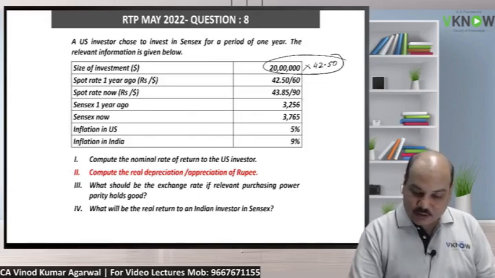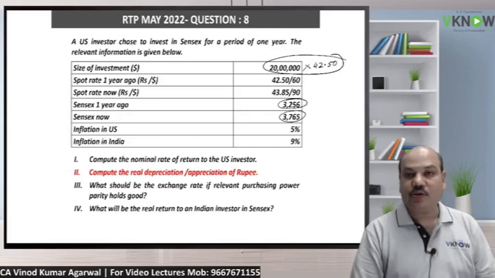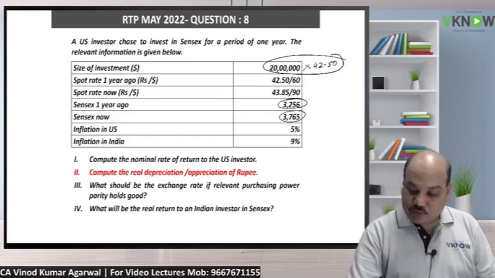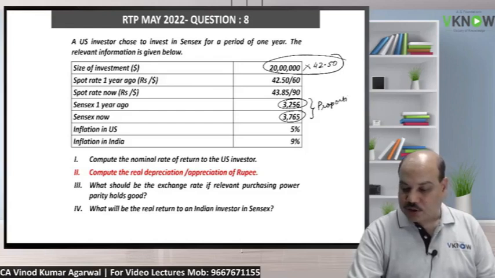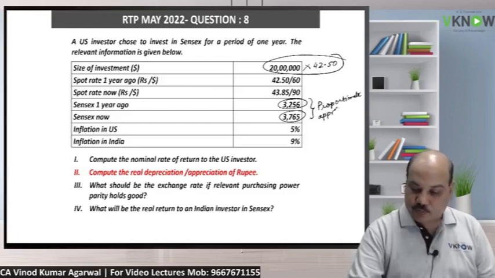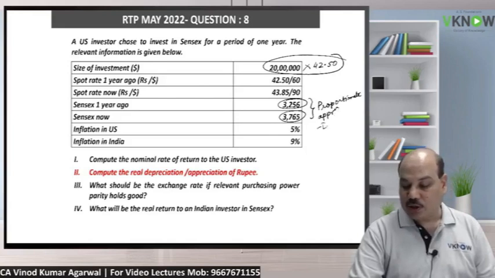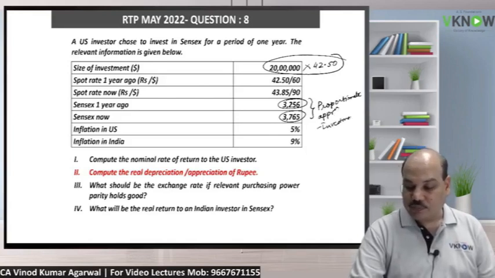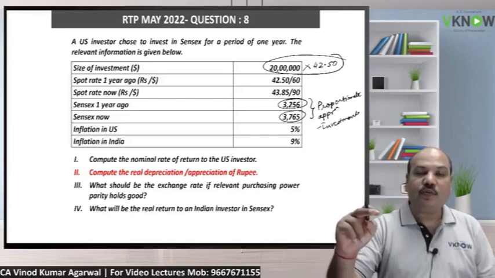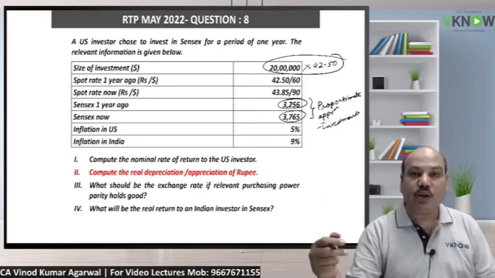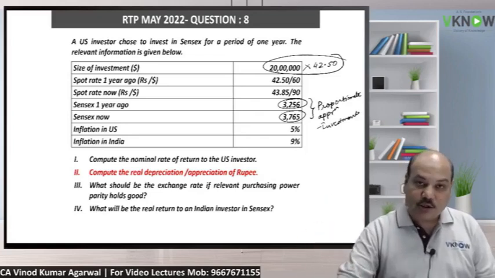And that time the Sensex was 3256. Now the Sensex is 3765. So we will assume proportionate appreciation in the value of investment. So we can find out what is the value of investment now in rupee,